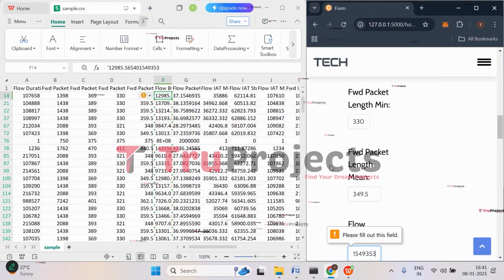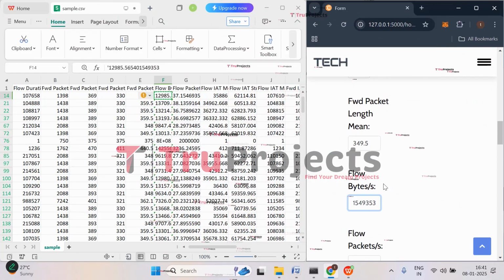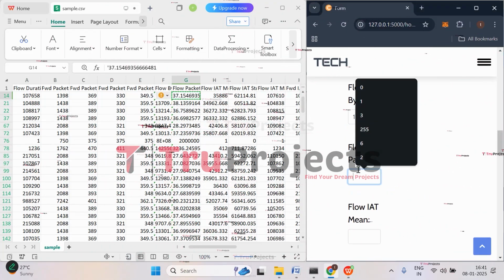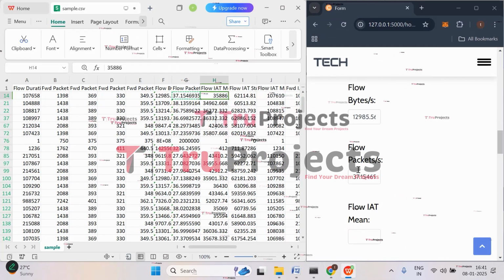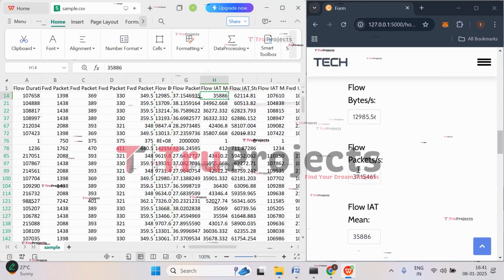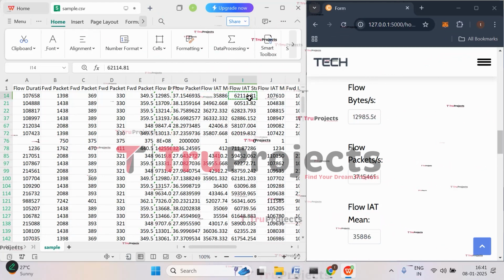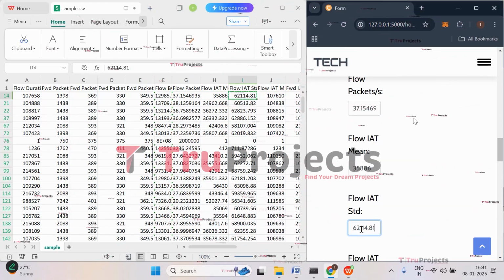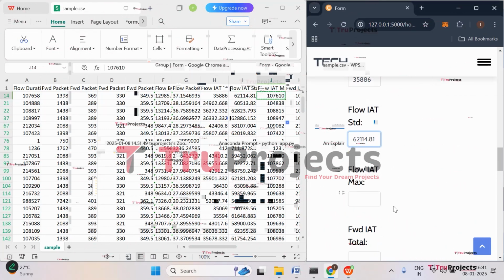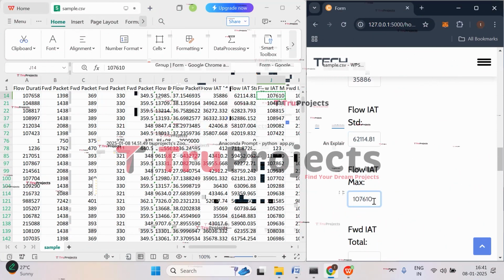129685. I've pasted it. So the next value is flow packets, that is 37.15. Flow IAT mean, that is 35886. And then we have flow IAT standard deviation. So paste it here. And then flow IAT min, max. So that is 107610.